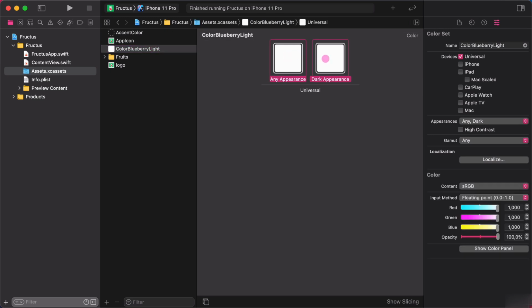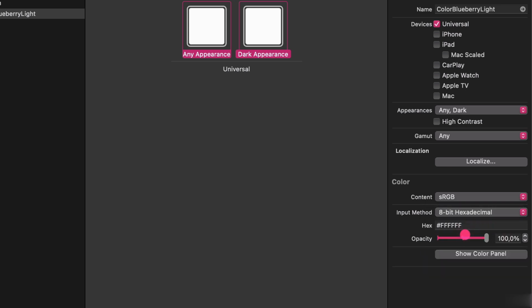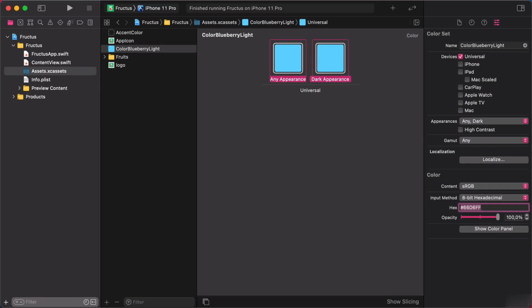you. Since both light and dark appearances will be the same colors, therefore we can change their values at the same time. Now change the input method from floating point to 8-bit hexadecimal at the Attributes panel following me. Then enter hashtag 66D6FF. This will change the default white color to a nice light blue color in the editor, as you can